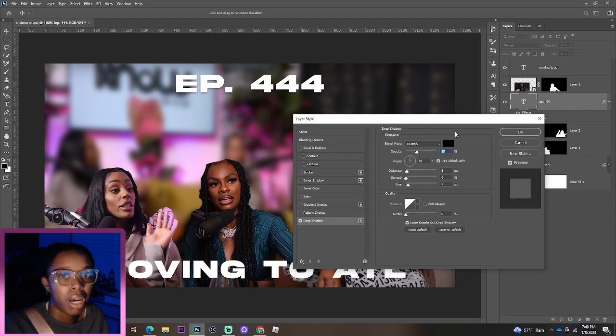But if you want it to pop a little bit more, you can increase the distance or the spread. If you just play around with this, it'll do a lot of different combinations of things. But what I'm going to do is hit reset to default, and increase the opacity. And if you put your mouse out here, you can see how it turns into these arrows. If you click and drag it down a little bit and then over to the right,